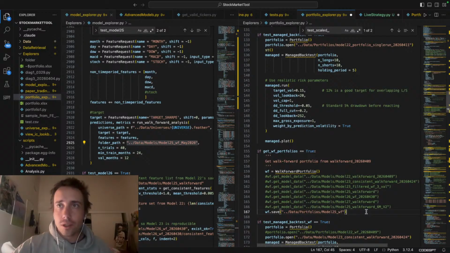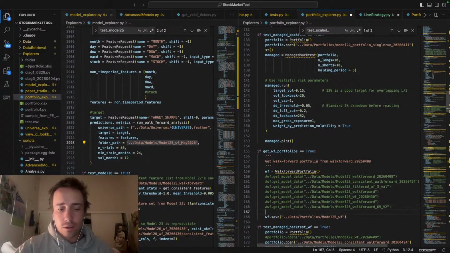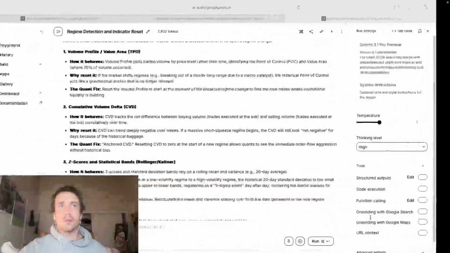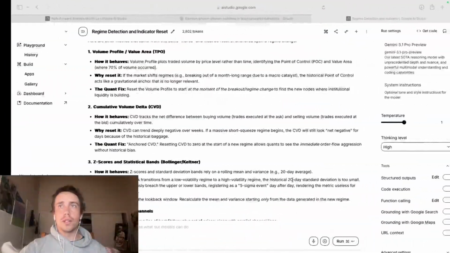Now we could do here wf.get model data and paste in the file path. Okay, so this is the walk forward going through May 2026.